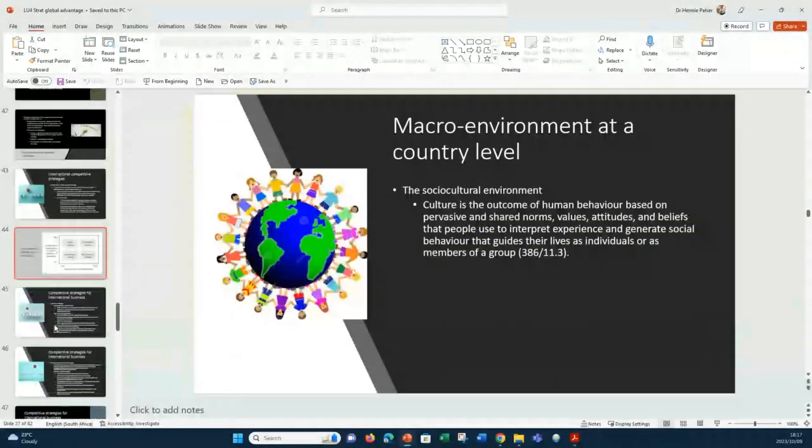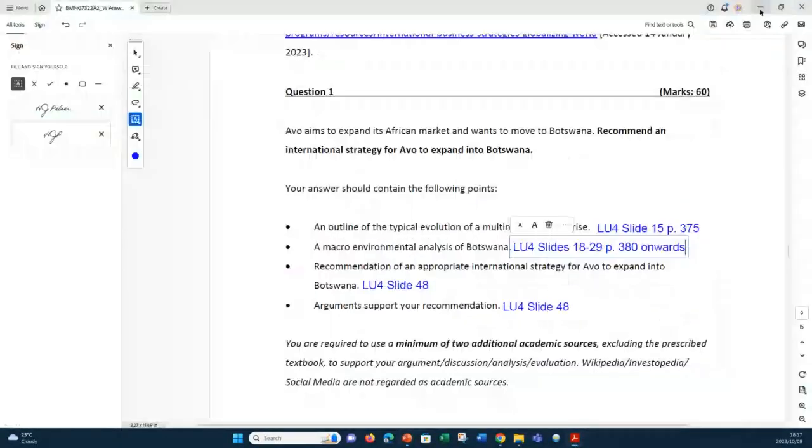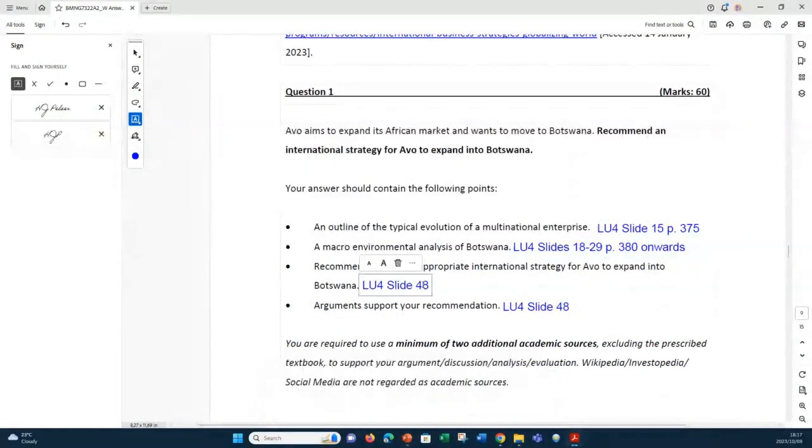Yeah, let's start there, and then I'll take you through them and I'll explain my option for you. Yeah, so the appropriate international strategy. I just want to make sure that I have that right. At 396, you should be able to find that fairly simply. If we look at the specifics around those strategies,